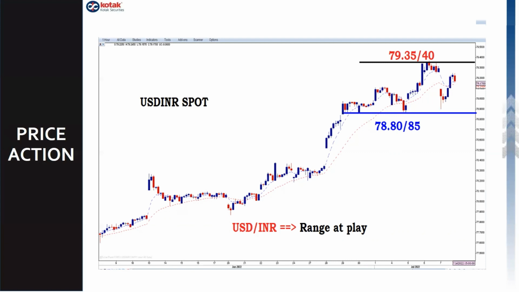So that is the place to buy. And looking at the chart, one more important thing: what is the structure of the market? The structure is clearly bullish. How do we know that? Because we see higher highs and higher lows. It's pretty simple. So as long as there are higher highs and higher lows, meaning as long as spot USDINR is above 78.85, the trend is upward. So buy on dips is the trade. You can use futures, you can use options, up to you, but buy on dips.